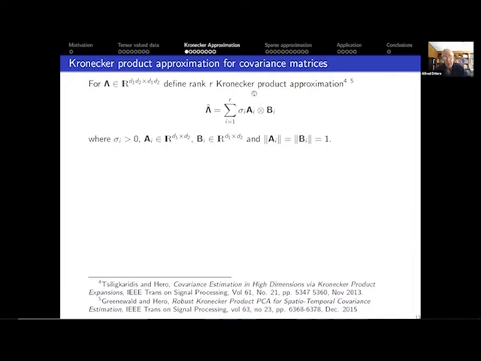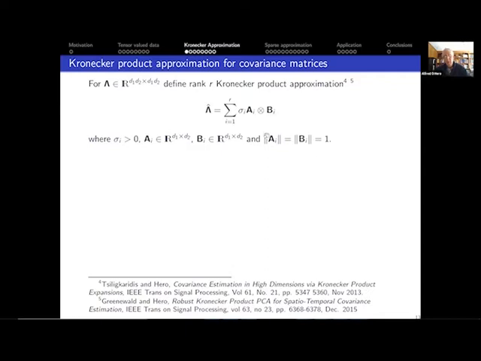And so a sum of Kronecker products is another approximation, but of course more general. And so one can define these just like a singular value decomposition of a function or a matrix. This is a different type of decomposition. It's a Kronecker product decomposition, which